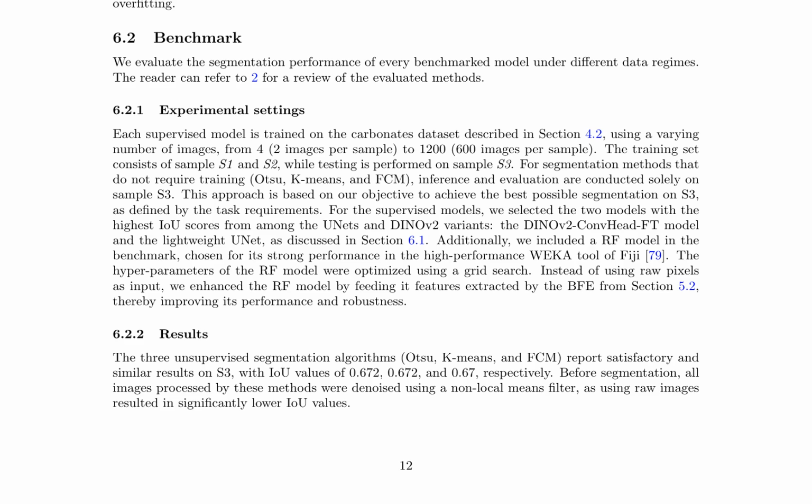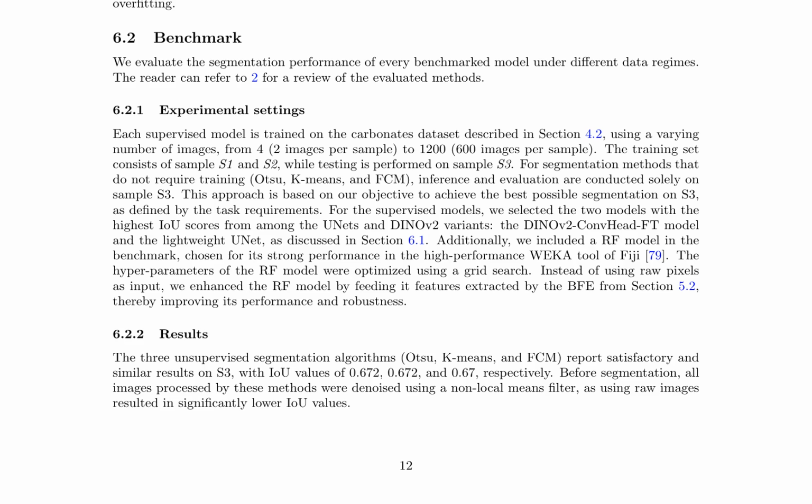The segmentation performance of these models is also benchmarked under different data regimes, training them on varying numbers of images from the carbonates dataset. The evaluation includes unsupervised segmentation algorithms, such as Otsu, Camions, and FCM, which report satisfactory and similar results on S3, with IOU values ranging from 0.67 to 0.672. These methods are enhanced by denoising images using a non-local means filter before segmentation, as raw images result in lower